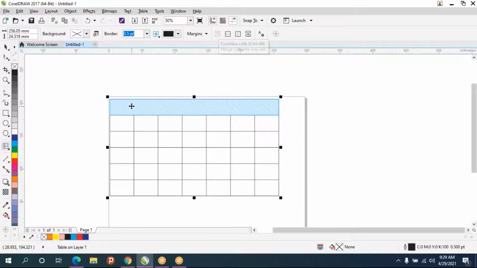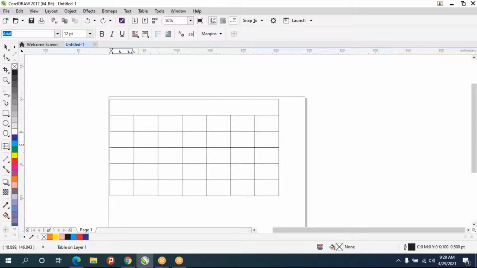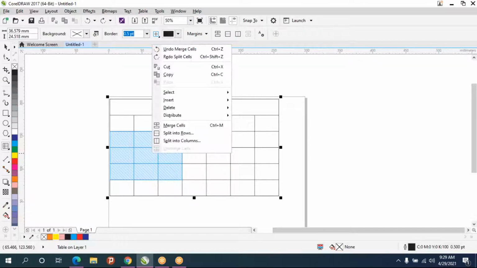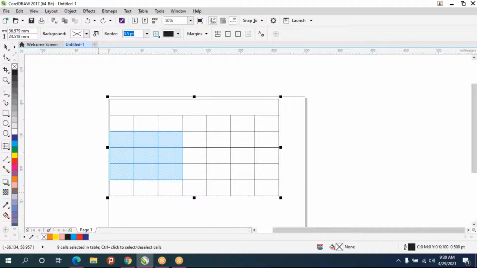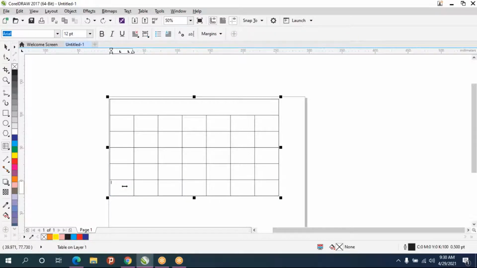So combine cells means merge cells only, and again split cell, how much you want you can split it. So horizontally, vertically you can split it. So wherever you want, just drag and select it, and right click, you do merge cells. Or else if you don't want the cells, just select the row, or just any one cell also you can select.